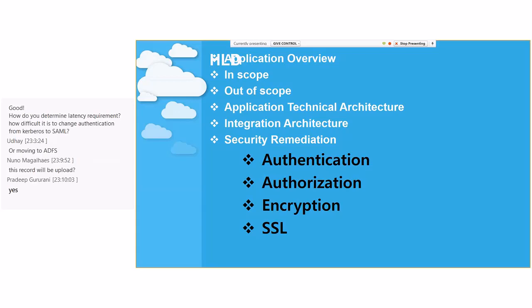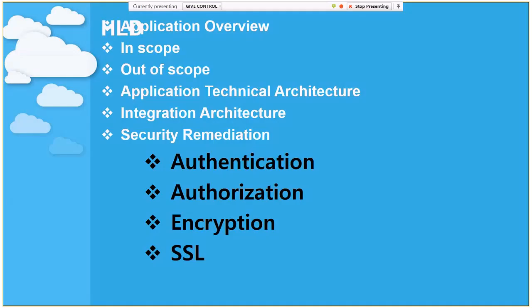Yeah, so we talked about authentication. Say we do an assessment of a legacy application which uses Kerberos authentication. When we move into the cloud, we should go with federation, SAML and ADFS. But a few of the legacy applications don't support that. In that case, how do we meet this challenge? How do we convince the customer to get into SAML? I believe federation is the best approach in current cloud deployments. I just want to see how these legacy applications move to the cloud and meet these challenges.